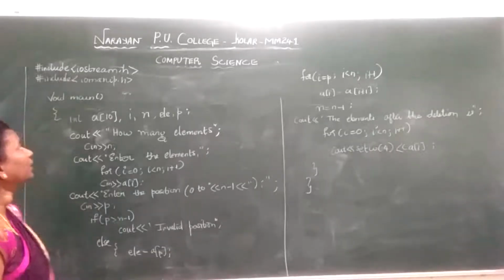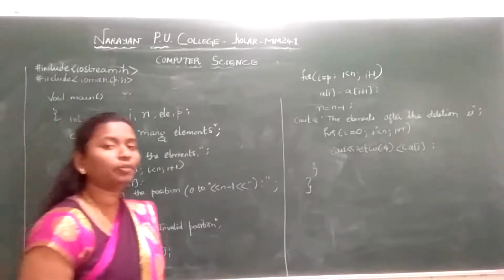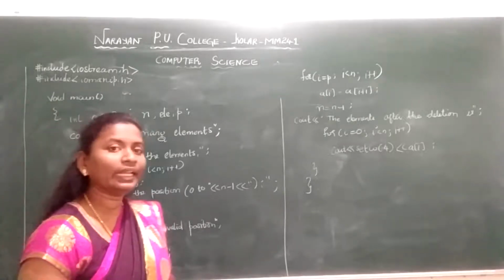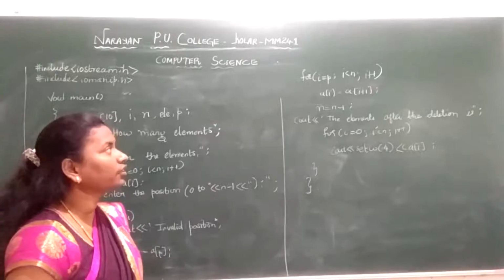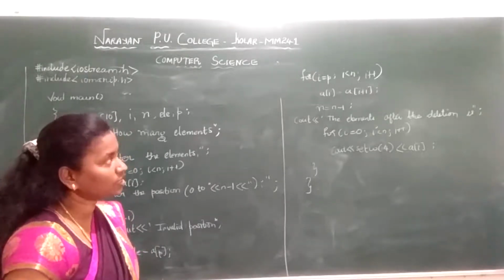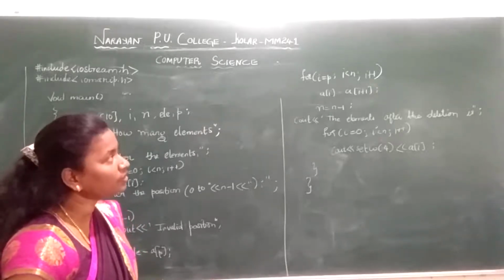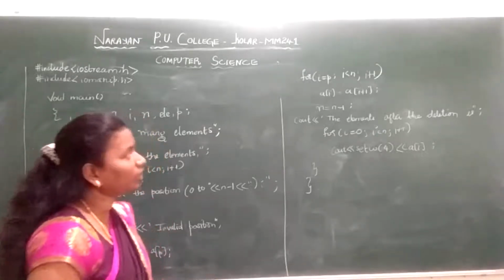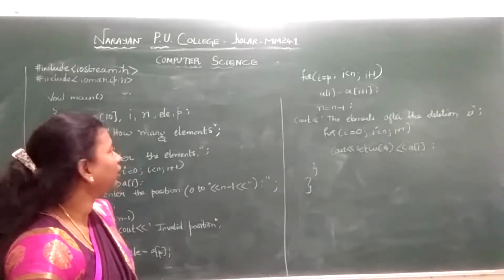Okay, students, now we'll see the implementation part. Now we'll write the program for how to delete an element in an array. Similarly, how we wrote to insert an element into an array, the division is also the same. Only the logic changes. There we used to initialize, declare, and give the limits, then we used to decrement I. Here we used to increment the variable I. Now here you see, for deleting an element in an array.